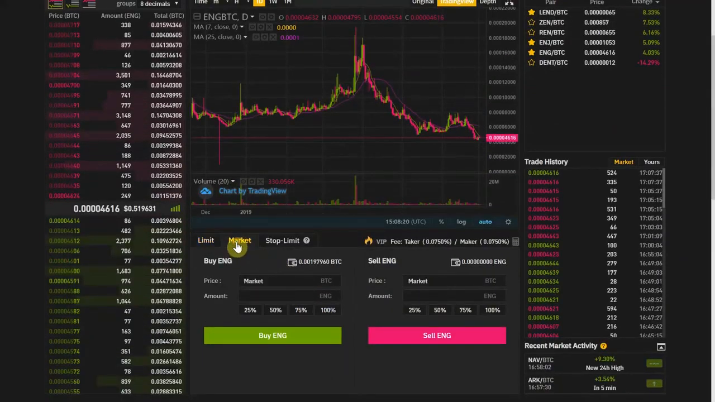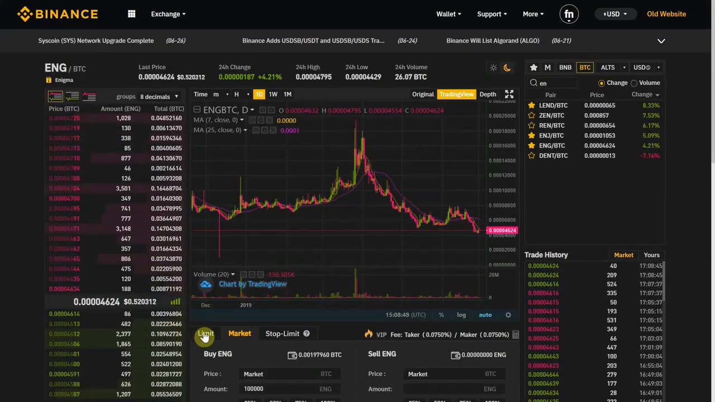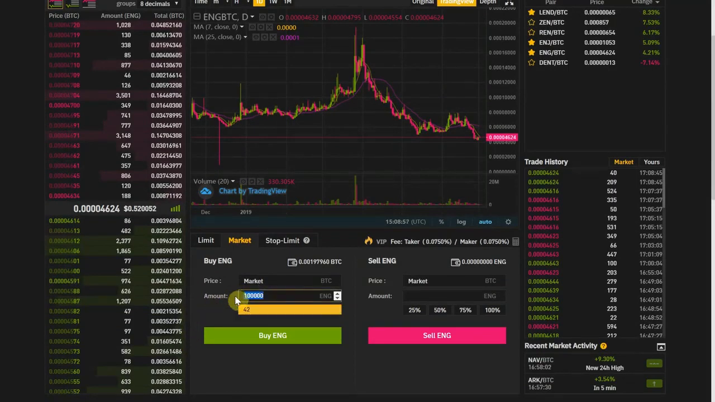So if we move to market order, what a market order does is basically you don't select the price, you just want to buy it. Let's say I wanted to buy 100k of Enigma. I don't even know how much this would be. The way this works is, of course, you have to have enough money to buy it, otherwise it won't fill 100% of your order. But if you want to go ahead and buy regardless of the market price,